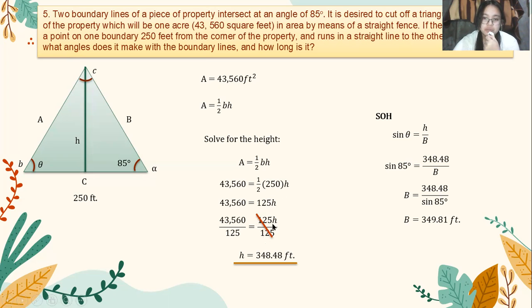So we will have to divide both sides by 125, and let's cancel. So the length of our fence is 348.48 feet. So to find the angle that it makes,